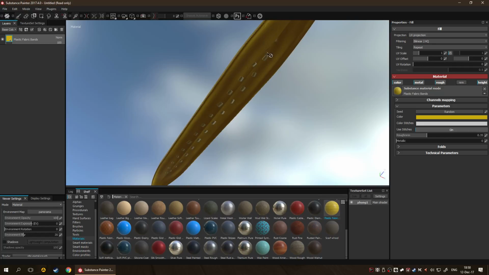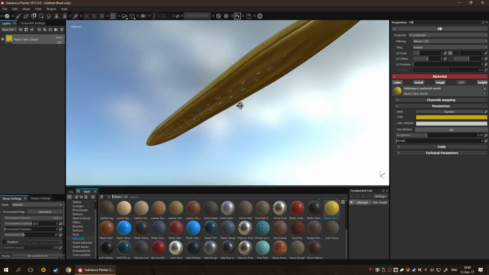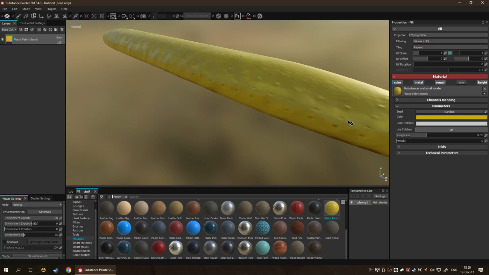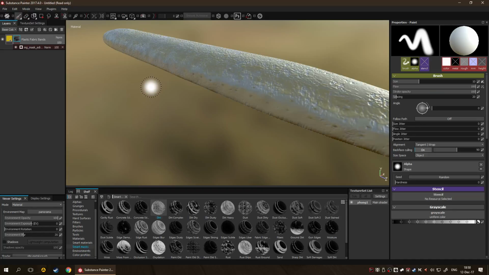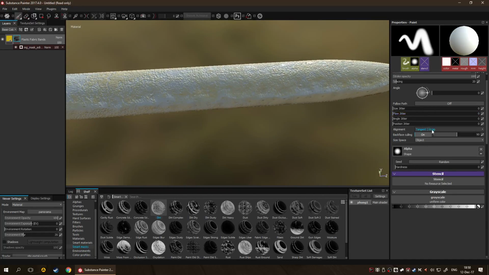This is another example of when you want your UVs to be properly done. In other words, every hard edge should have a UV seam. That is the law. So if you go into the smart masks, you could say, okay, let's say I want to add some dirt to this guy. Just drag and drop it, and you've got a mask with some dirt on it